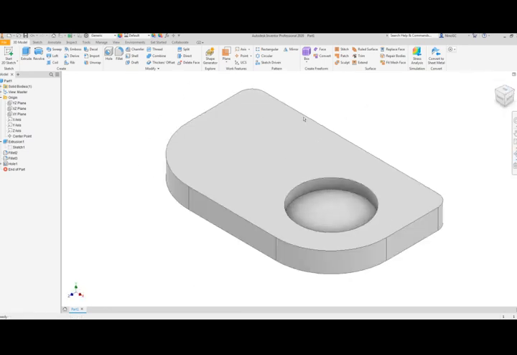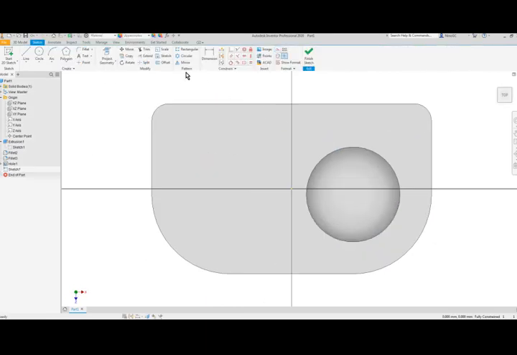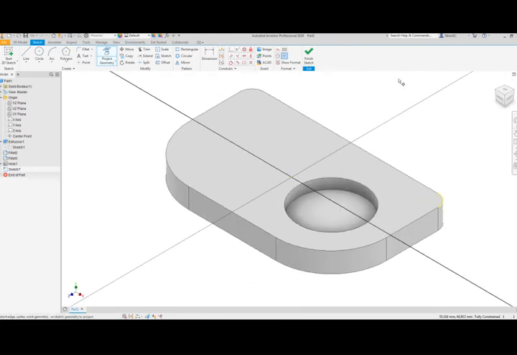Holes can also be created. Holes are unique because they can be created with or without a sketch. I can select that surface and then say sketch, and then using my project geometry I can select, say, this edge to bring up the center of that fillet. When I finish my sketch